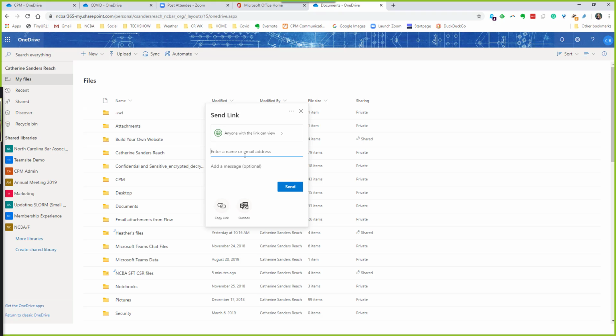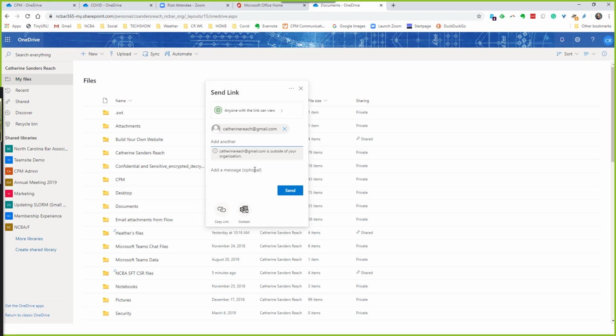And then again, I'll just send it to myself. And this is where, because this person is not part of our single sign-on database in Exchange, you have to type their whole email address, and then you select it, and then it will note this user is outside your organization, just as a friendly reminder. And then same kind of thing, add a message or copy the link and send it in a separate email, or open up Outlook and add more detail to it. And then I'm going to say,